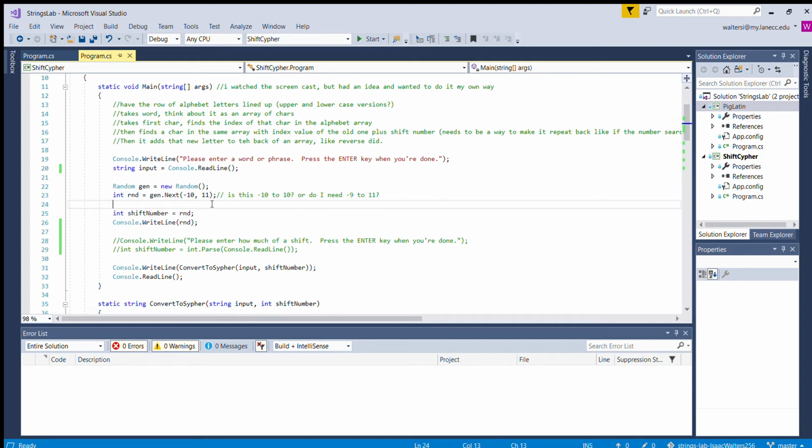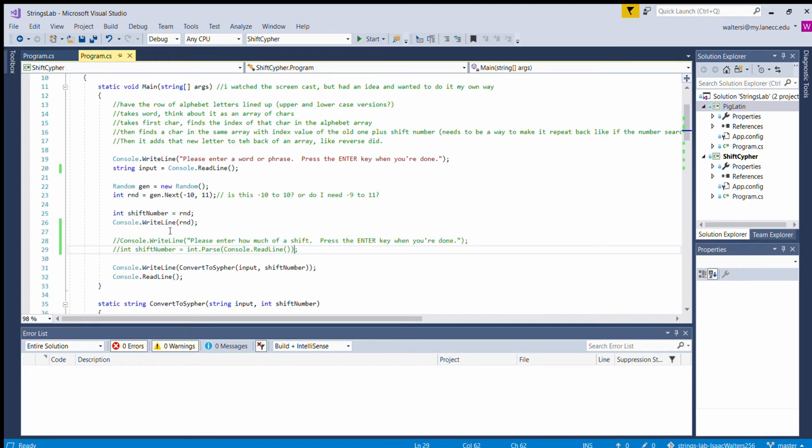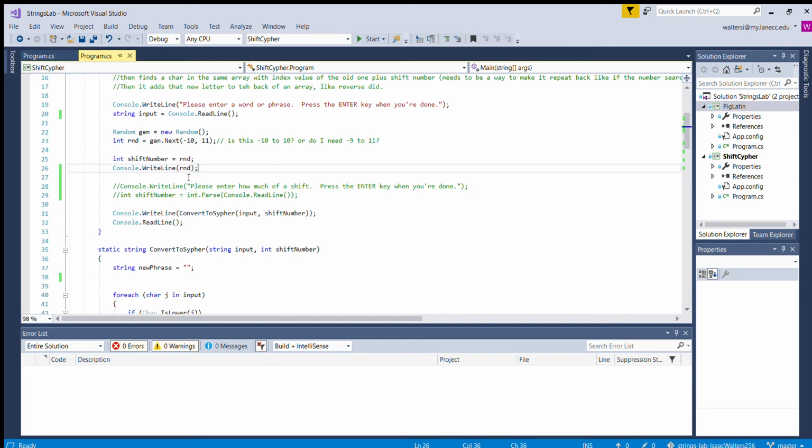So this part is for lab part 6, but for part 5 I had a Console.ReadLine that asked for the shift, and it would int.Parse the Console.ReadLine and put it under shift number. But instead here it's putting shift number as rnd, and it prints it out so that I can see it when I'm testing it. Again, I won't be able to show you it in action because of the recording software I'm using, but yeah,